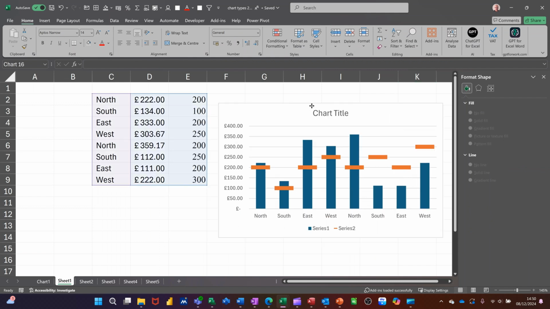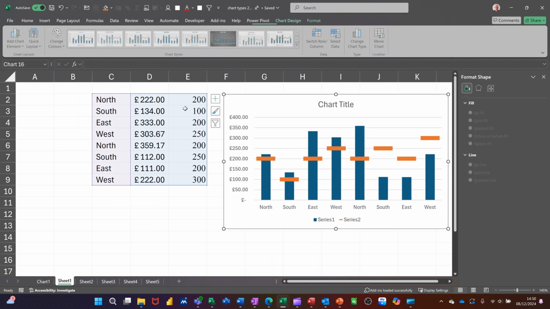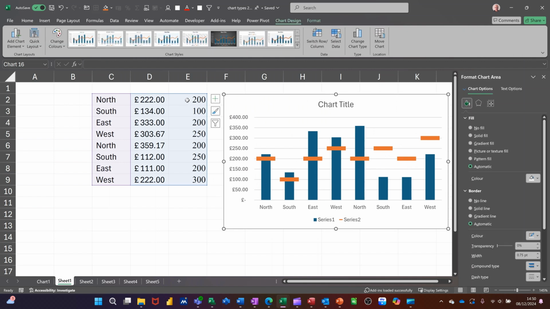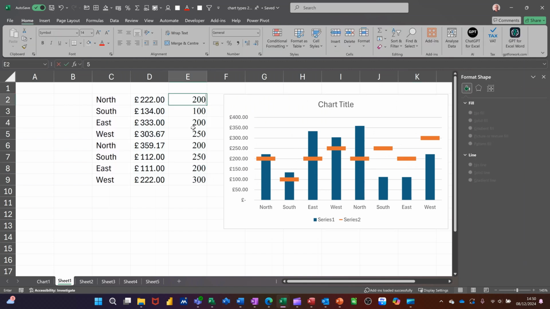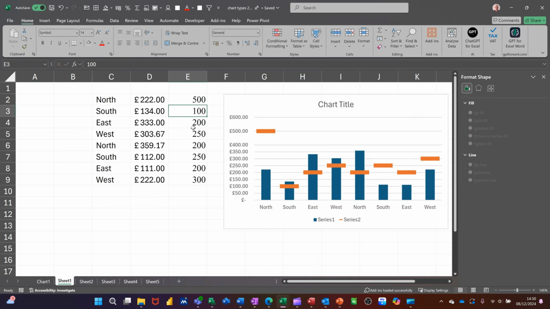And if I just move that chart across a little bit, and for this first one, if I change that to 500, that will just move up to represent that target for that particular column. So that's that one. Now let's go into a different sheet,